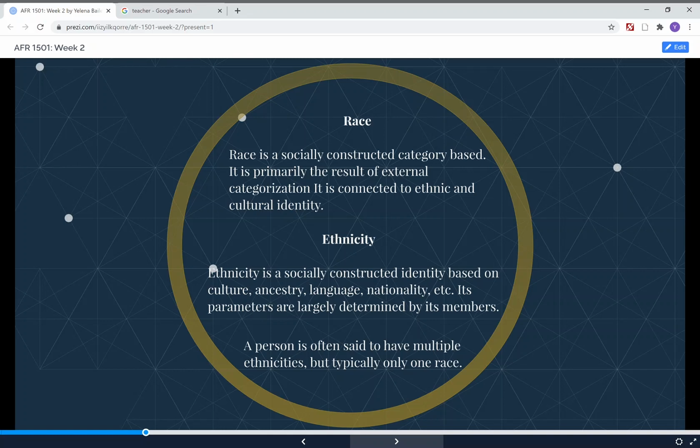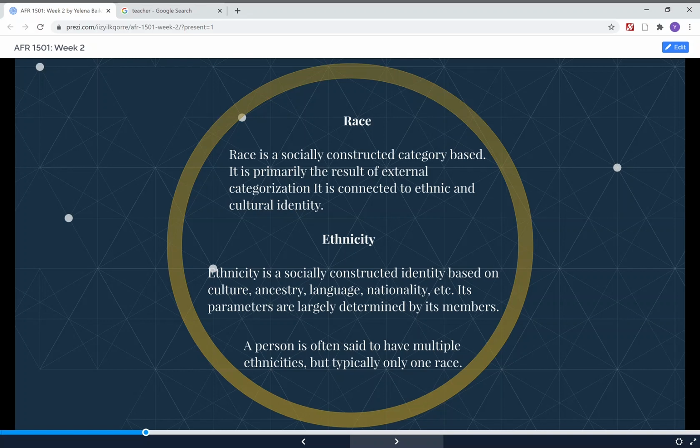So first things first, race. When I first started teaching on race, and we would talk about race being socially constructed, it was more of a conversation. Now everybody knows that, right? But it's more complicated than that, and we'll revisit this when we get to the keywords essay, because often now people will say, well, it's just socially constructed, and they leave it at that. But it has so much more meaning than just saying it's just a socially constructed thing. But it is important that we do understand this definition.